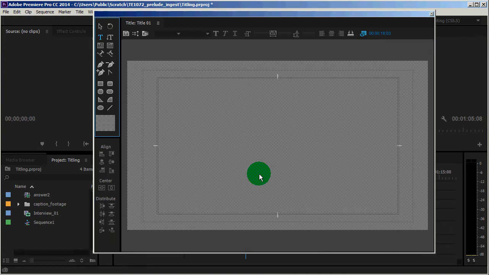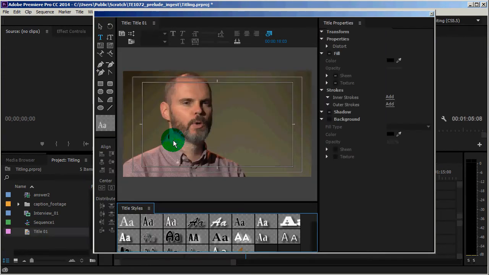and the titling window will appear. So here we have all of the tools that will be familiar to you if you've used software like Illustrator, so selection tools, type tools, vector drawing tools. Over here are the parameters to change the stroke and the fill of text, and down here we've got some default styles. So by far the simplest way to create some text is to just use the type tool to